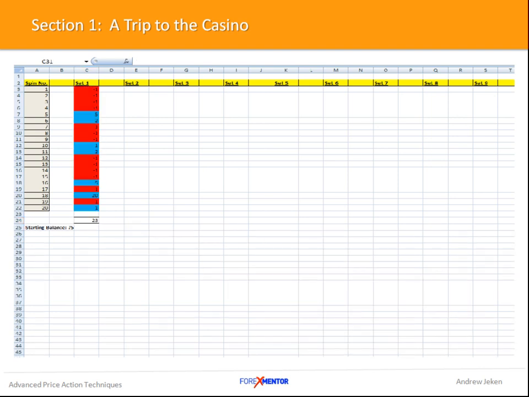So just having a look at this, I've just added in the colors, the red to represent the losses and the blue to represent the winners. You can see we've had a bad streak of losers here, 4 in a row, 2 winners, another 3 losses in a row, 2 winners, another 4 losses in a row, winner, loser, winner, loser, winner.